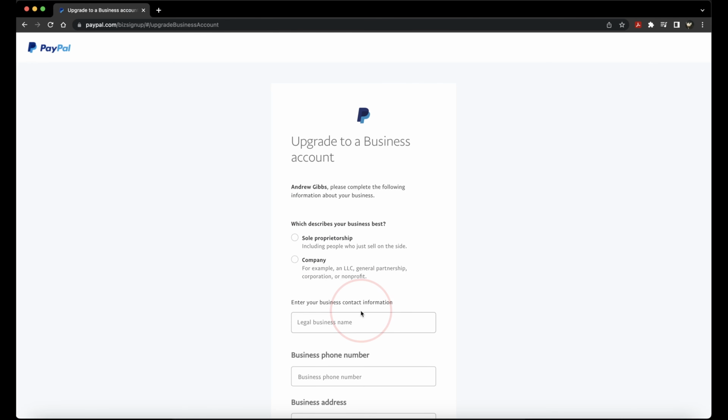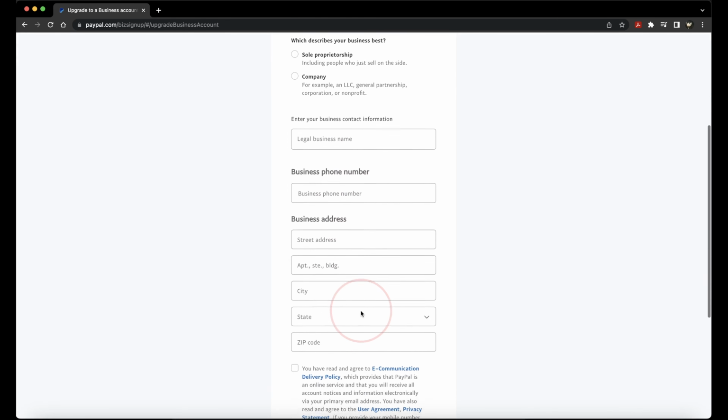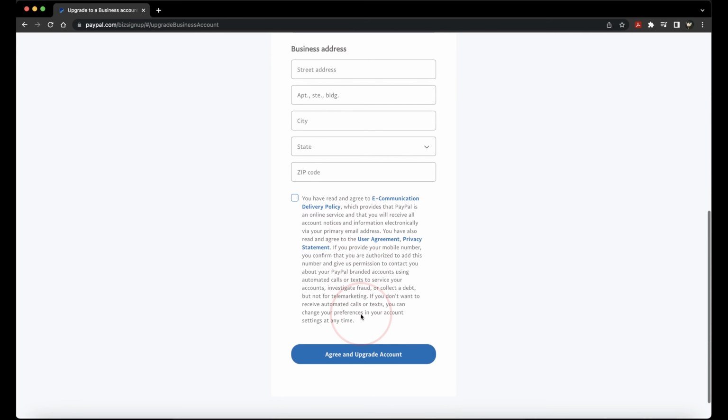On the next screen, just answer the business info again here like we did before, like business name, the address, what type of business it is, and then agree to the terms at the bottom. When you're ready, hit agree and upgrade account. Your PayPal account will then be switched over to a business account where you can start taking payments as a business and access other PayPal business